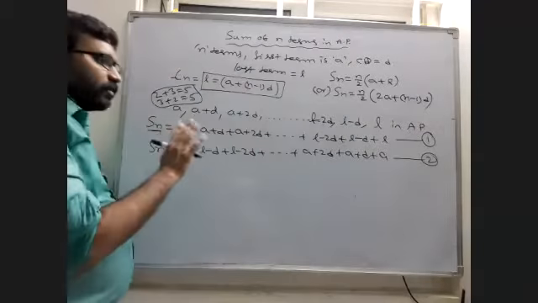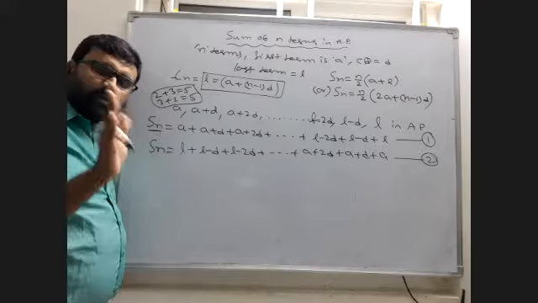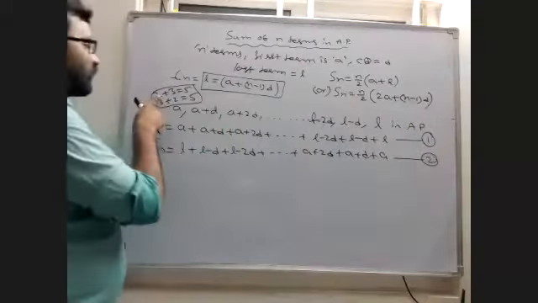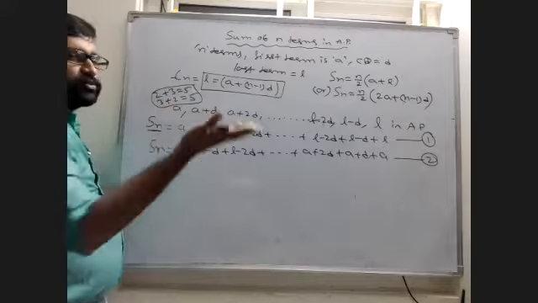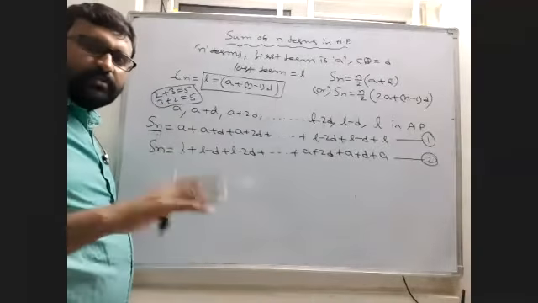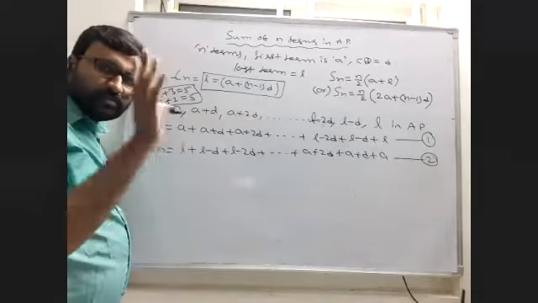This is very important while we are writing. What we are writing in the second is very important. What are we doing in the second? We are writing the last one first and the first one last. Why? Because 2 plus 3 is 5, 3 plus 2 is also 5. Why? Because we are adding. So first plus last or last plus first are both the same. That's why I'm writing the last numbers first and the first numbers last.